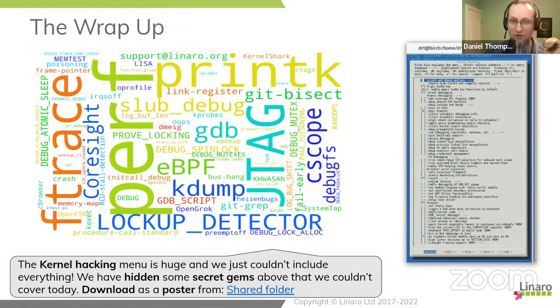You can see the clock neuron use. We have got KGDB and KDB in here. Perf is perhaps slightly oversized. It's not the most important tool in the debug arsenal. It's an important one, but it's not the most important one. But this is here just to go on the wall and help you find some ideas if you need them.